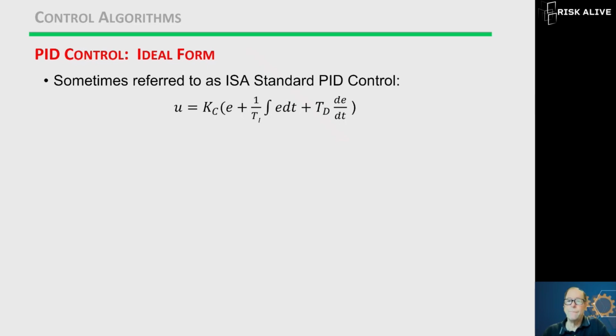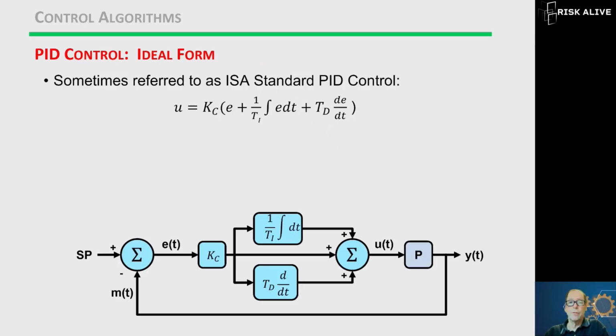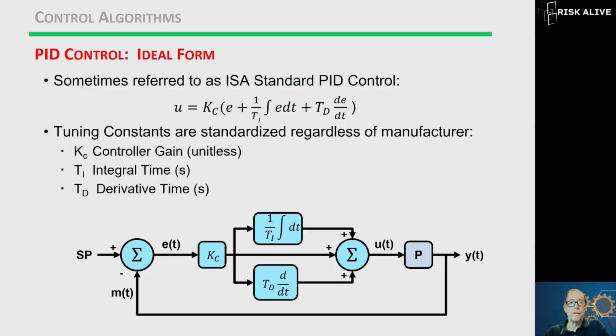Okay, so the ISA standard has a definition of PID control. Every vendor is going to implement it to an ISA standard and then add their own bells and whistles to make their product better than the next one, right? And again, don't be scared by the equation. You say, oh my goodness, I don't remember integrals and differentials anymore. We're going to make it simple and straightforward. We're going to talk about tuning. Okay, what difference does tuning make, and how do we go about that, and what happens if the tuning isn't correct, right? So we'll talk about gain and integral time and derivative time.